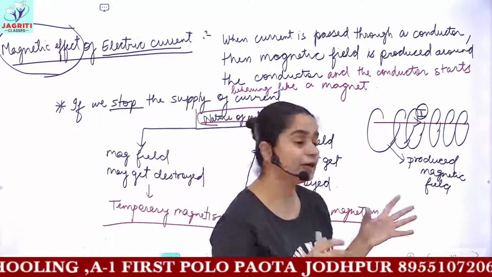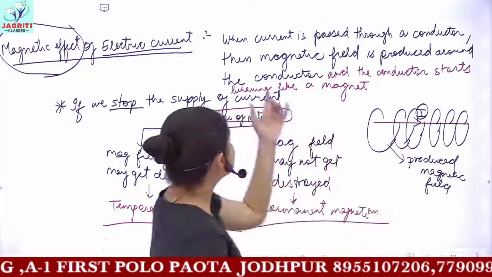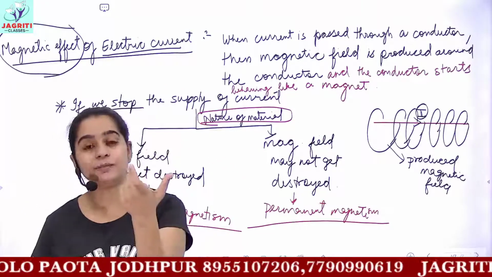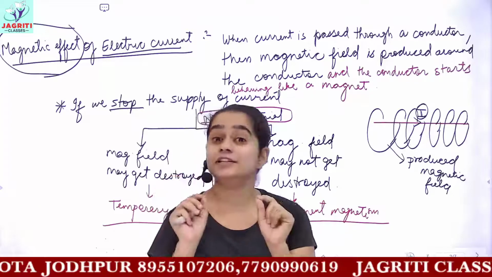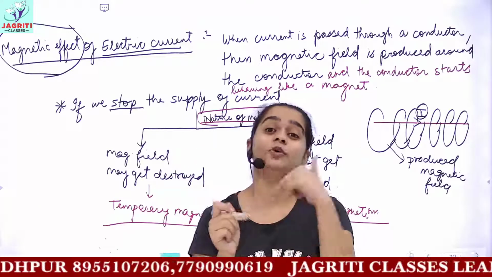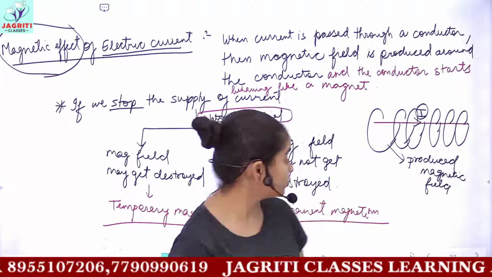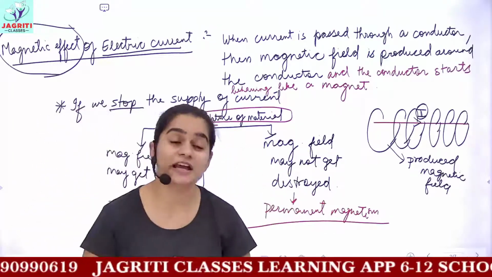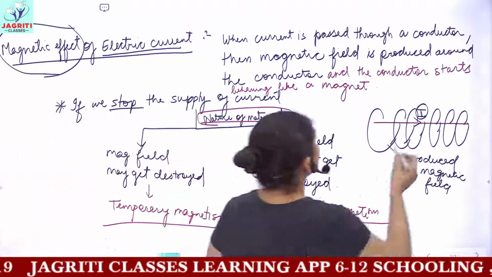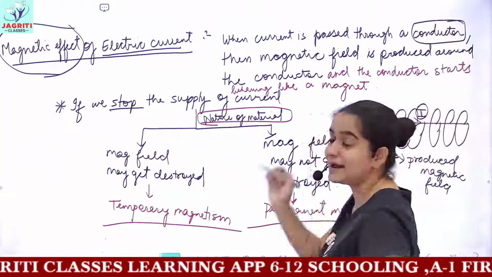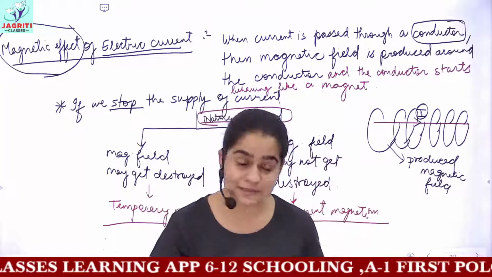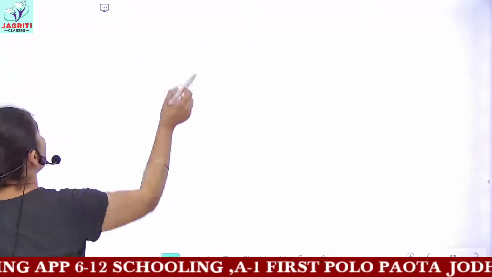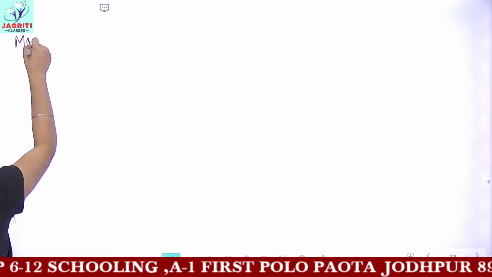Now, after we have discussed magnetic effects, this effect would not be shown by all materials. If you take any kind of material and pass current, it is not necessary that the material would behave as a magnet. There are some materials which behave as a magnet, and others which do not. The important term here is that the material should be a conductor, that means it should allow the current to flow through it. And the materials which show this effect are in turn called magnetic materials.